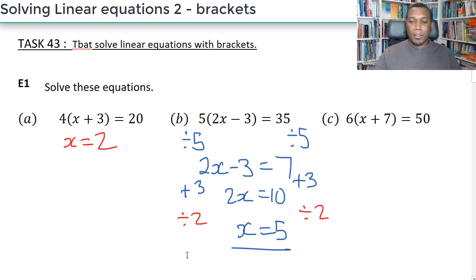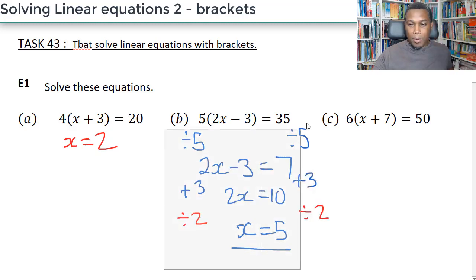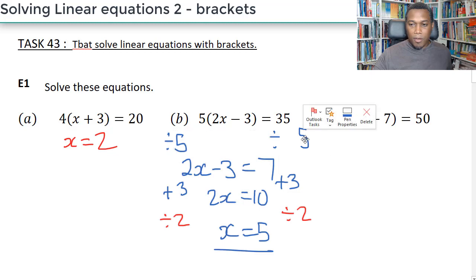Finally, and I'll shift all of this a little bit just to make some more space. Whoa, I did not expect that to happen. Gonna shift a bit. Yeah, just making some space there. The 5 needs to go as well. Okay, right, so we got that sorted. x equals 5. And for the last one,